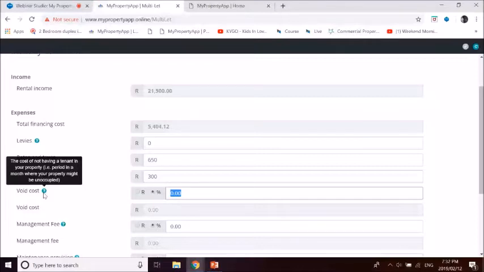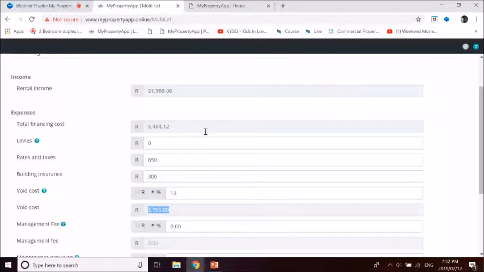Then gross rental will tell us what the gross yield is. If you're not sure what the gross yield is, the calculation is in the tooltip. Essentially, it is your gross rental times 12, divided by your total purchase price. Anything over 15% is an indication that it would count positively. So 33% is a very high figure, something that excites us a lot. Your net annual income is essentially your cash flow over 12 months. Your net yield is your net annual rental income divided by your total purchase price.